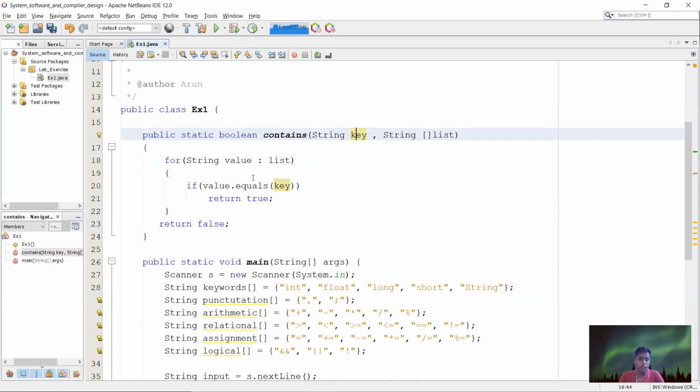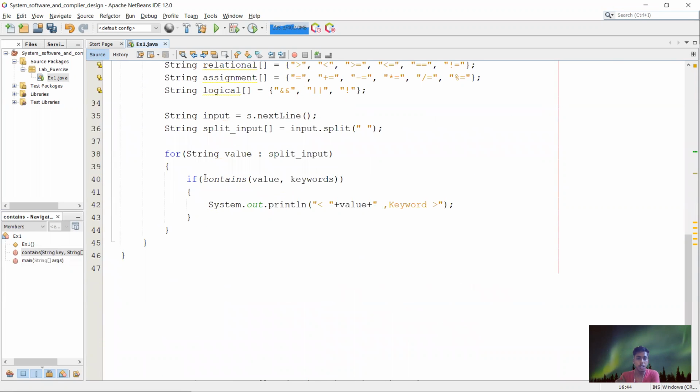So it will take every value and check whether int is equal to int. Yes, int is there. So if it is matched, it will return true here. So if true, it will pass into the if statement and it will print.